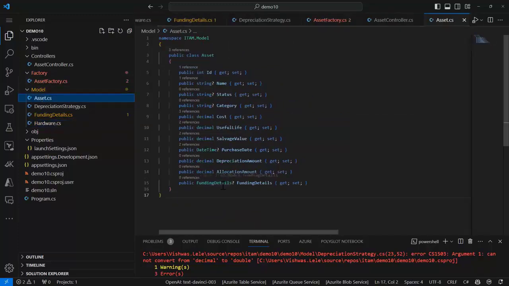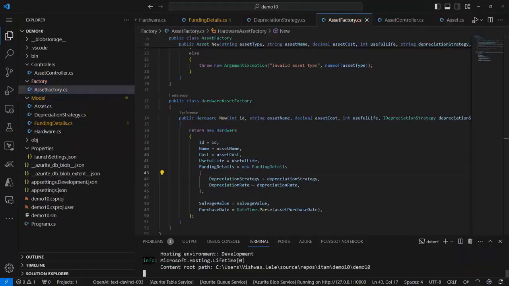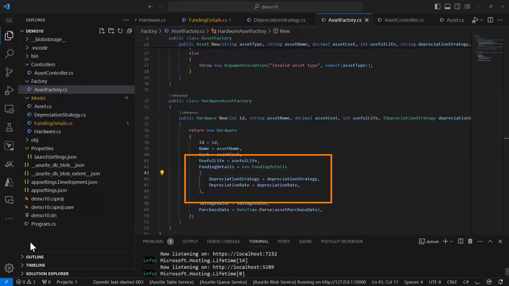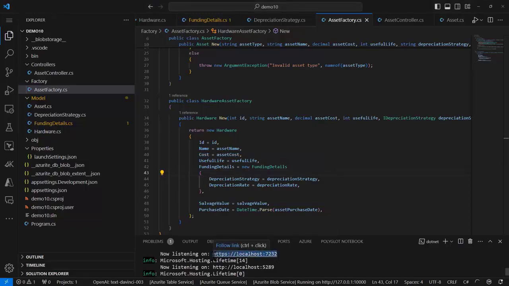And inside the asset class, there's a funding details class. And if you look inside the funding details, that's where those properties are defined. So it got it wrong. There is a very simple fix. What we are going to do is create a funding details class and set those properties. Let's save, compile, and run.